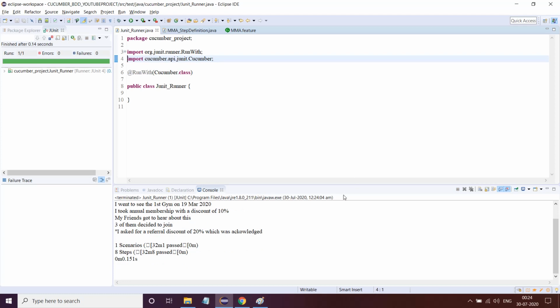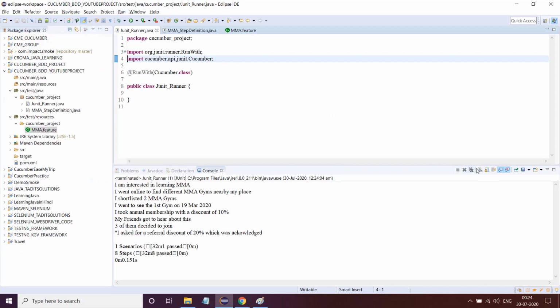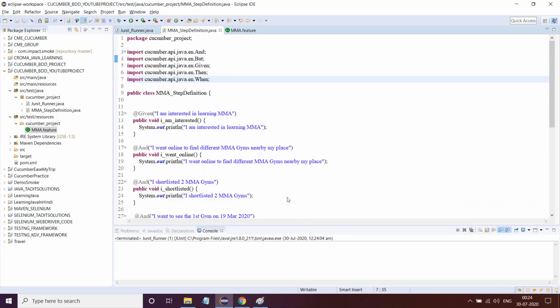In certain versions this thing does not work. I am telling you out of my experience, so do not do this. Rather keep it as it is. Keep it like this, and you will not encounter any such errors. Keep it like this, no problem. Now this is one thing which you need to take care of.